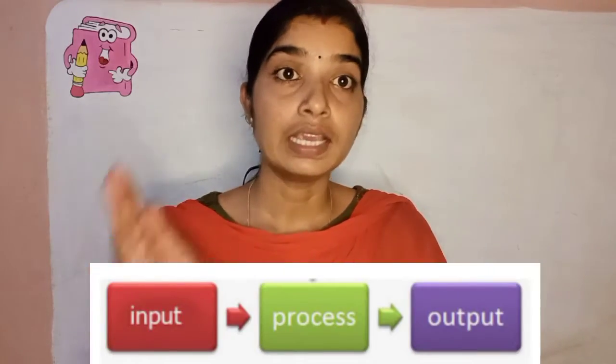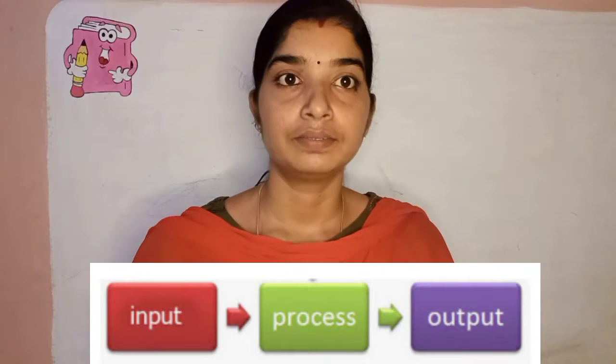Question: how does the computer work? Yes, we give some instructions to the computer. After receiving the input, it will process or store as per user instructions. At last, it will produce the result as the output, right? Yes. So for this process, we have a name. The name is IPO cycle.